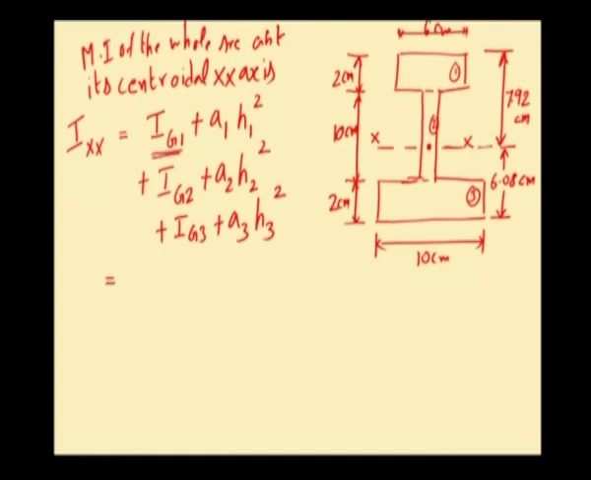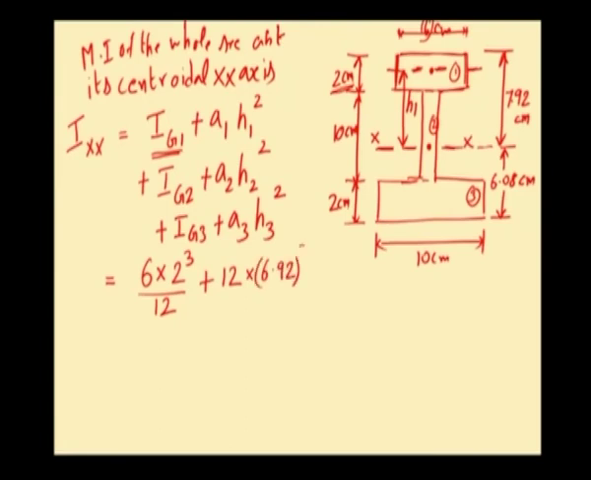Now, Ig1 is the moment of inertia of rectangle 1 about its own centroidal x axis. Now, this is the centroidal x axis of rectangle 1. Moment of inertia of this rectangle 1 about its own centroidal x axis will be b d cube by 12, in which b is the dimension parallel to this centroidal axis. So, this 6 centimeter will be b. So, 6 into d cube is 2 cube, depth of this rectangle 1 is 2. So, b d cube by 12 plus A1 is 12 into h1 square. H1 is the distance between centroidal x axis of rectangle 1 and this x axis of the overall figure. Here we have the x axis of the whole I section, distance between these two axes is h1. H1 will be 6.92 centimeter. So, into 6.92 the whole square plus